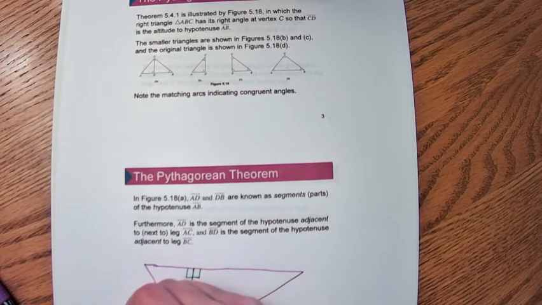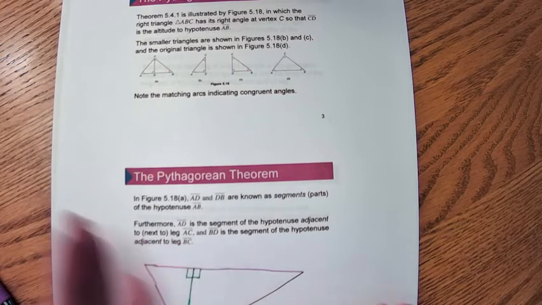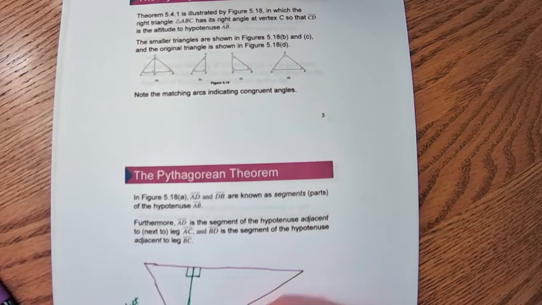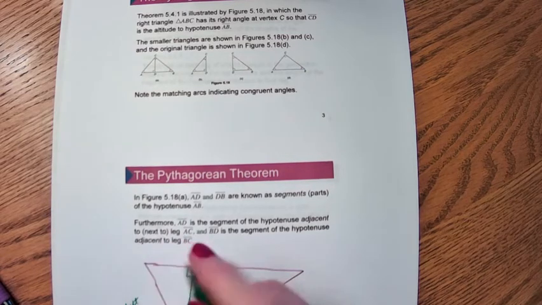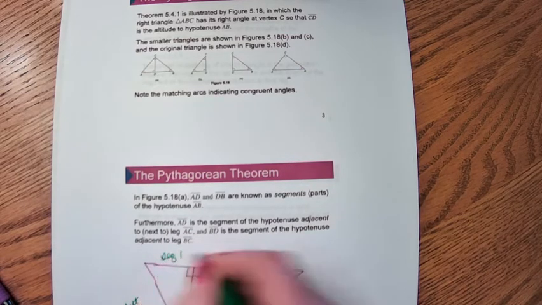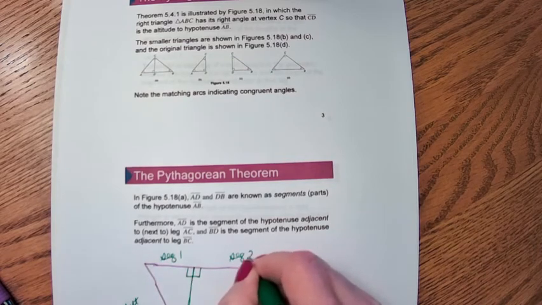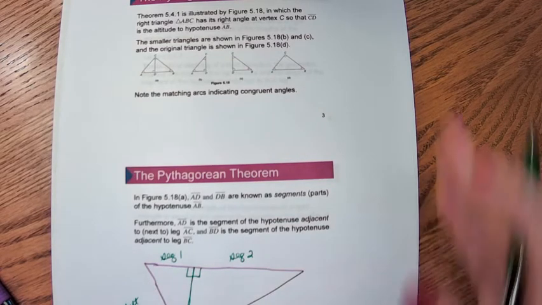We'll call this the left leg because it's to the left of the altitude, and we'll call this our right leg. And this breaks the hypotenuse up into segment 1 and segment 2 because we're going to talk